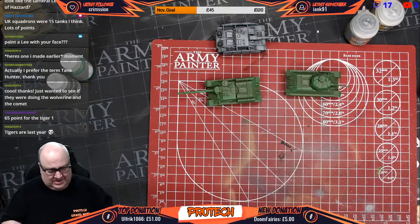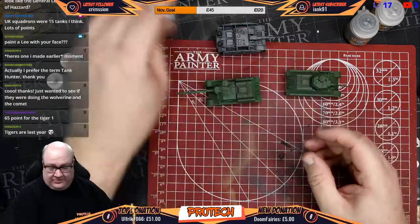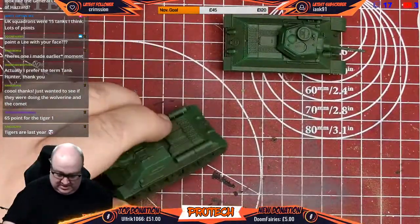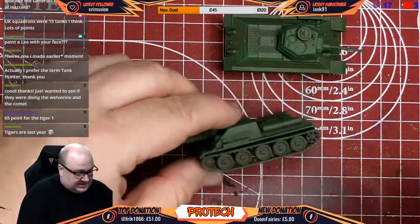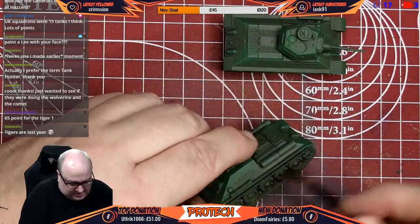So I'm just going to do all of the tracks and the underneath parts again in Typhus Corrosion. I'll just mix it up in the thing. And you get to see more of it this time because Tigers are not last year. Tigers are absolutely